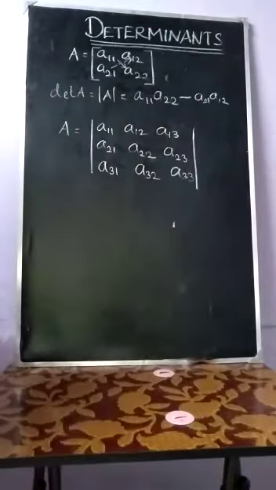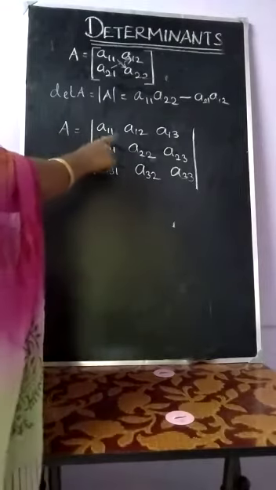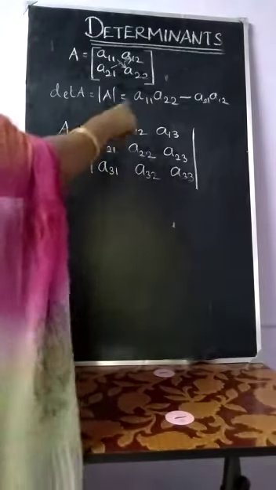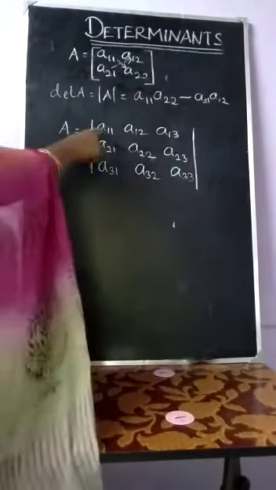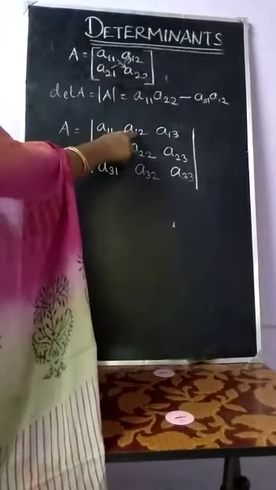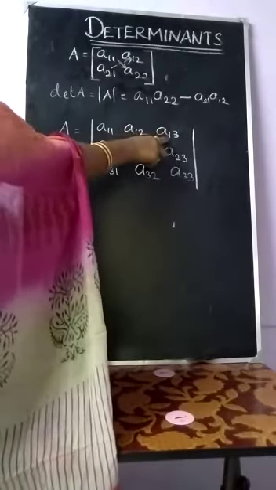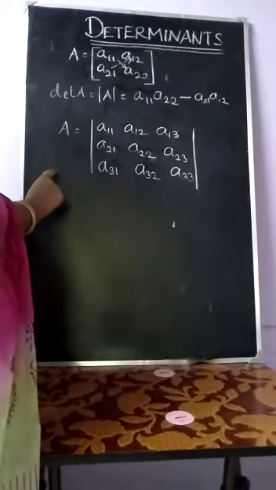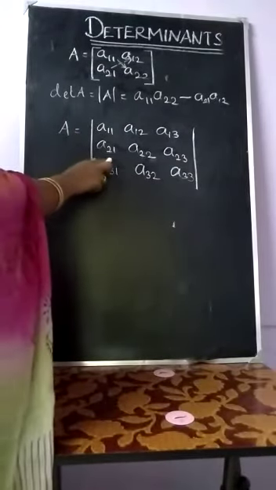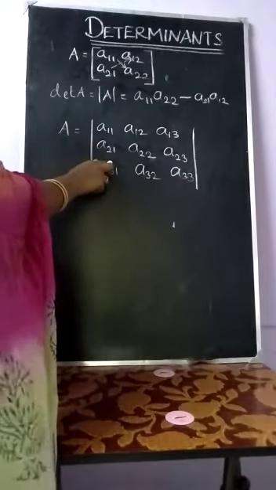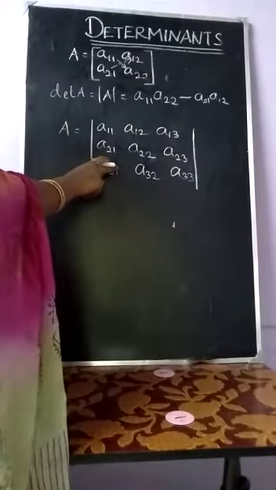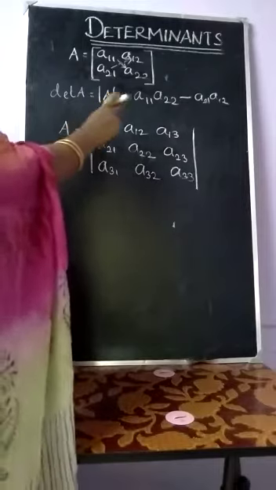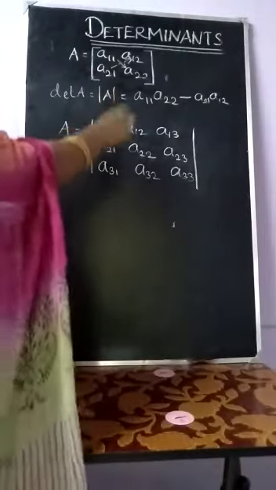Next, a 3 cross 3 matrix is given. This is the determinant of a matrix of order 3. Here 3 rows and 3 columns are given. This is the first row, first column value; first row, second column value; first row, third column value. How can we expand the matrix? We have to expand a determinant of order 3 cross 3 along each of the 3 rows, R1, R2, R3, or columns C1, C2, C3.